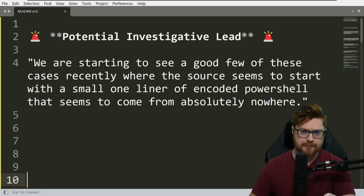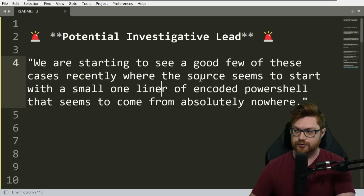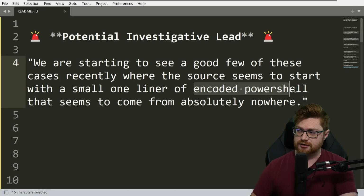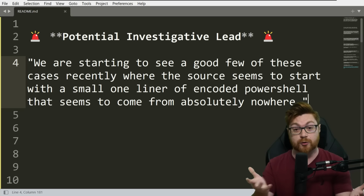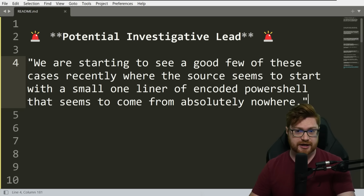Our Security Operations Center has recently seen a number of investigative cases where the origin and start of malicious code that runs seemingly comes from absolutely nowhere. And this is encoded PowerShell. It's a small one-liner to kick things off, but there wasn't a clear starting process or persistence mechanism or initial access vector other than just explorer.exe, like your desktop. We could see the process invocation and the commands that were ran, but where did this all kind of come